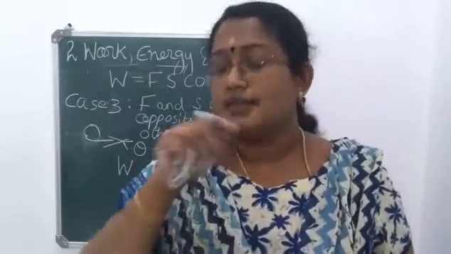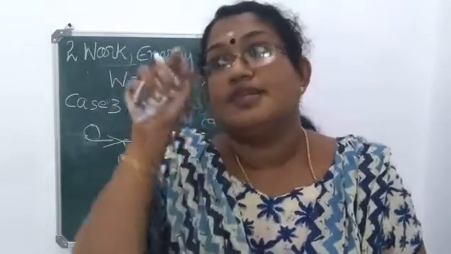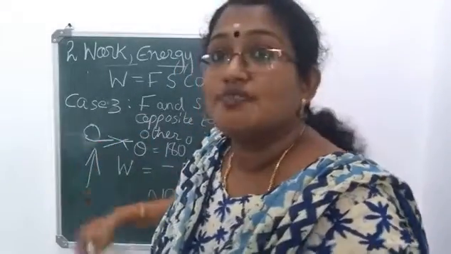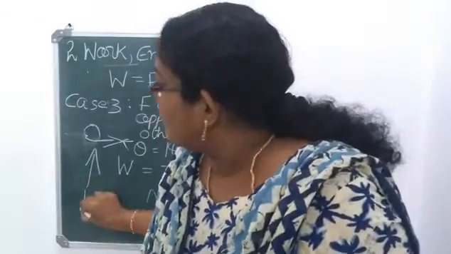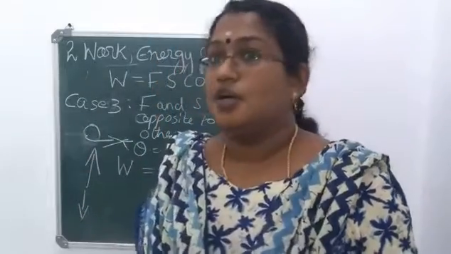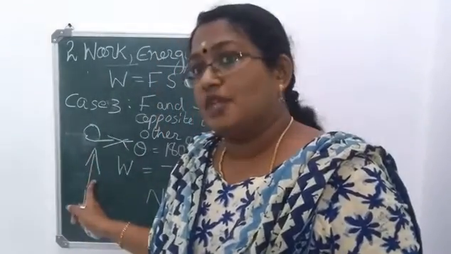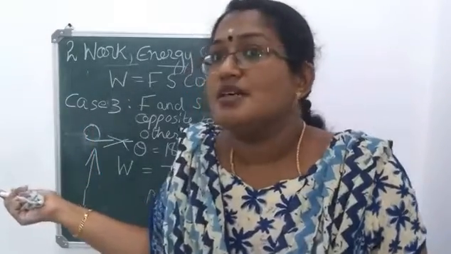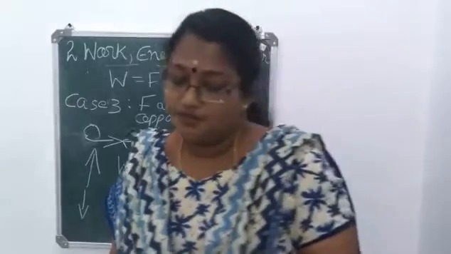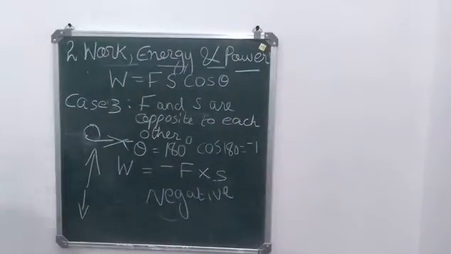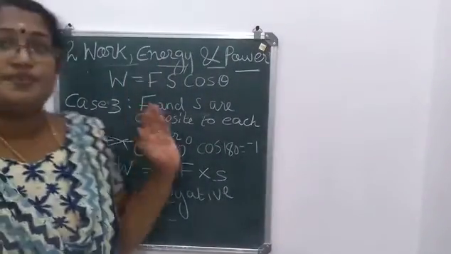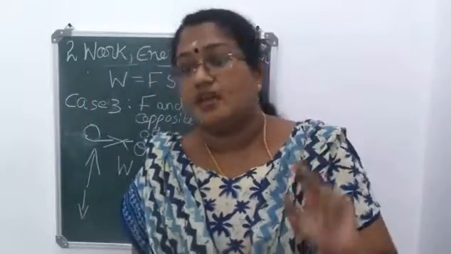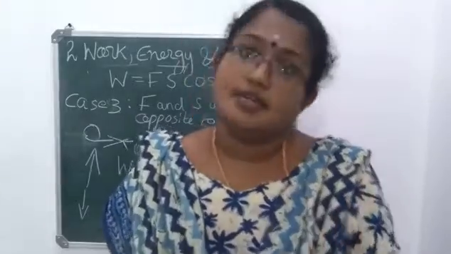But when you consider the motion of the object with the gravitational force, the body will be moving in the upward direction when you are throwing it, but gravitational force will be pulling it down. So, motion of an object, when you are throwing an object in the upward direction with respect to gravitational force, it is a negative work. Okay. So, is it clear about the three different cases? You have positive work, negative work, and the case where work done is equal to 0.